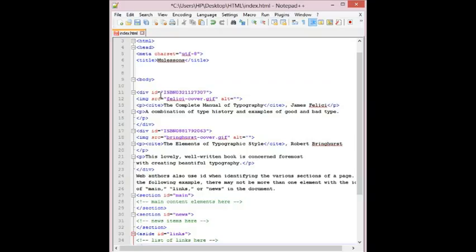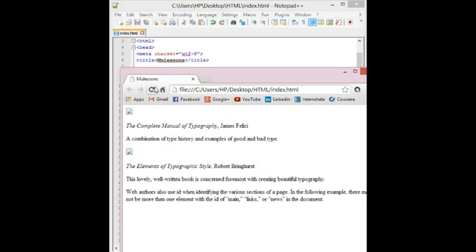Here you can see that for every book I have different ids. If I go ahead and save it and run it, you can see that it has different attributes for every book.